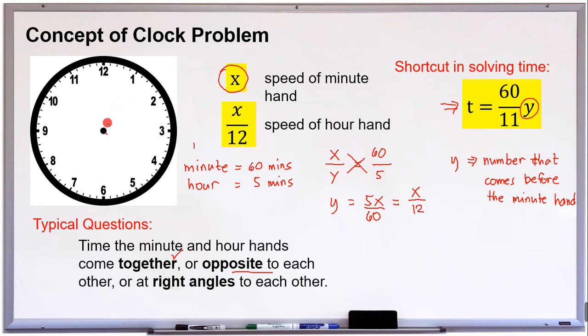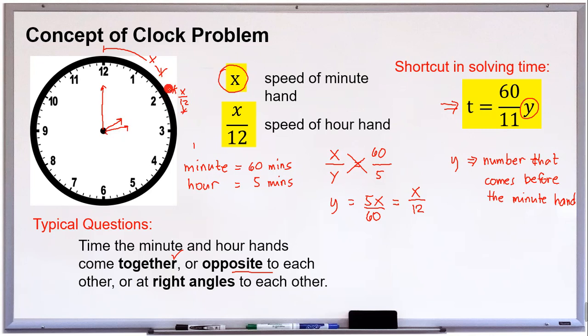So if the time now is, let's say, 2 o'clock, and the question is, if the minute hand travels, let's say, an x distance, somewhere between 1 and 2, and of course our hour hand will also cover a distance of x over 12. So instead of